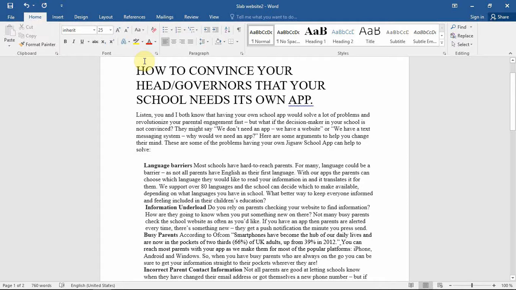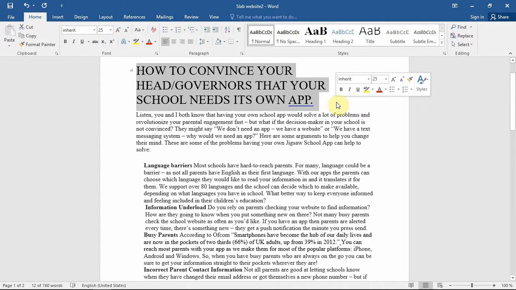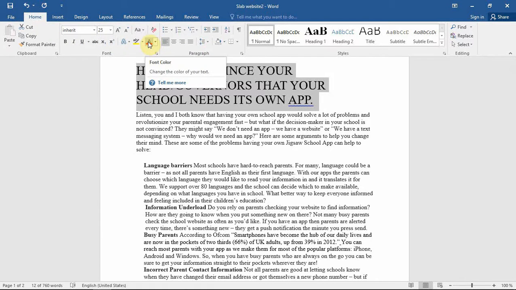Then I want to take you now to font colors, how you can apply font colors in your text. So let's say we want to apply colors on this heading, and maybe we want to give it a green color. So you will go to home, then you will go to your toolbars in home. Then after toolbars, we have this A, which has a color down and it has a drop down. So this is the icon for font color. So when you click on that